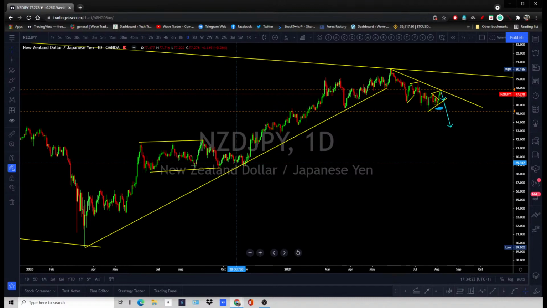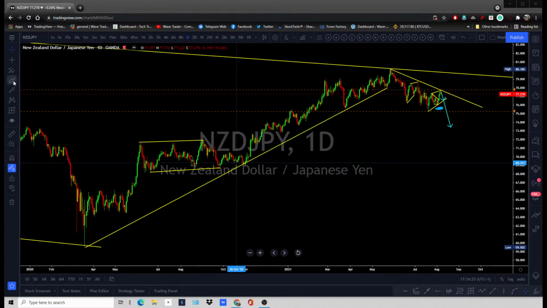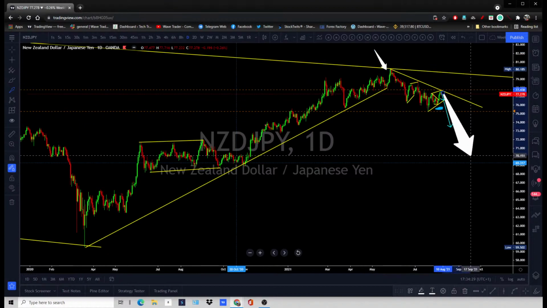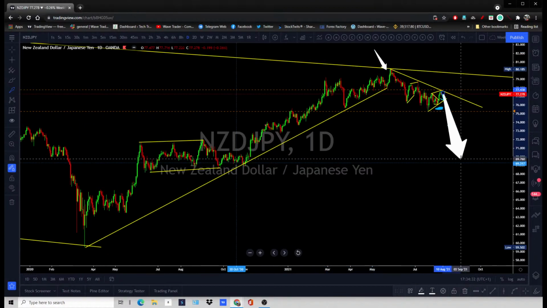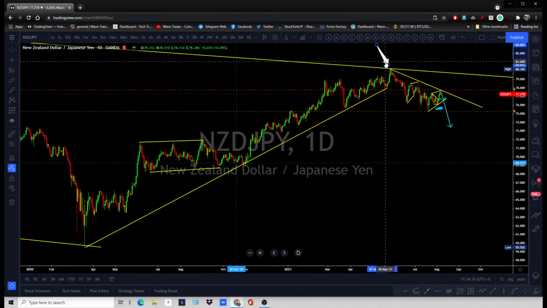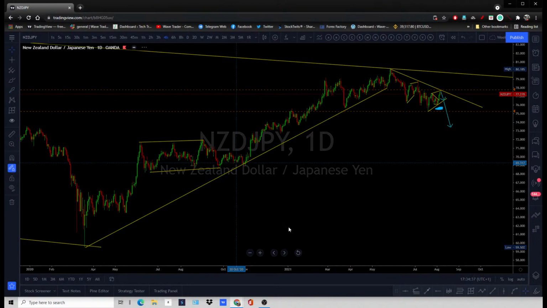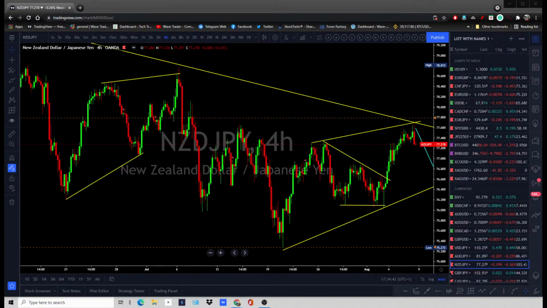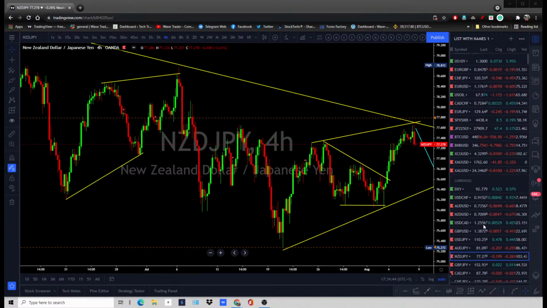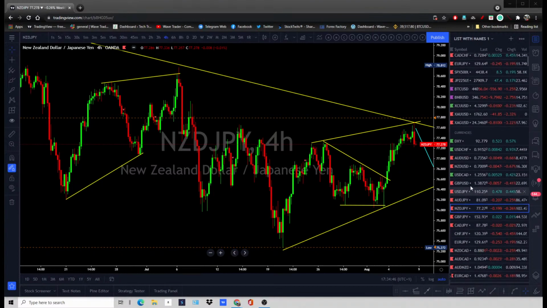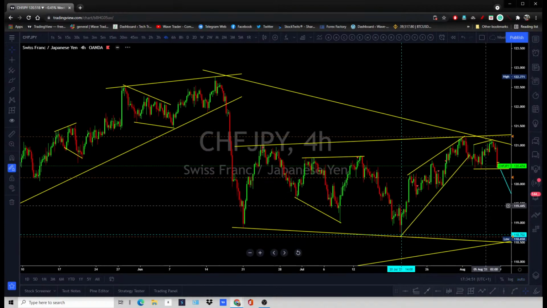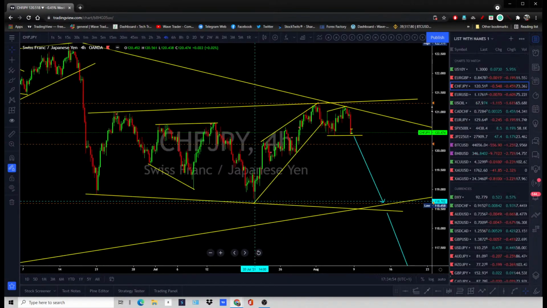So this pair, the New Zealand dollar against the yen, is still staying close to this previous top. It means that there is still a long way to go within these areas. So there is a logic behind that drop, not just guesswork. Hopefully you got my point. If not, we'll see how the market does, and we'll talk about that later on. So where we were, on the CHF/JPY. Hopefully you understand that. Good potential, a lot of room there to run on this pair for the downside.